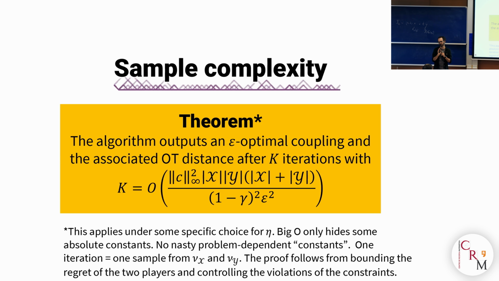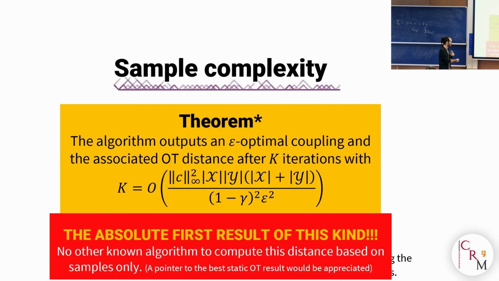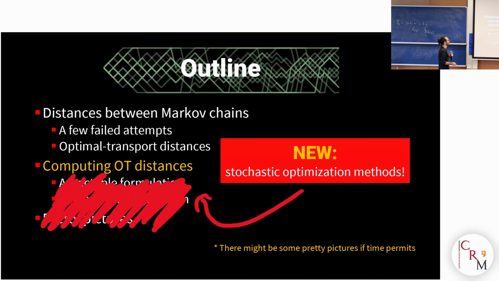If I would be happy with such a result that assumes that both of the chains visit all of the states with probability bounded away from zero by some epsilon, and I would be happy to have 1 over epsilon in this bound, that would be very easy. This one does not have any such thing. So this is a worst case guarantee that always holds for any pair of chains. And I want to emphasize that this is really the absolute first result of this kind. Nobody else has considered this problem successfully. There are only heuristics in the reinforcement learning community that have been trying to compute these optimal transport distances based on samples, but nobody had a provably efficient algorithm or some seed of it like we have here.